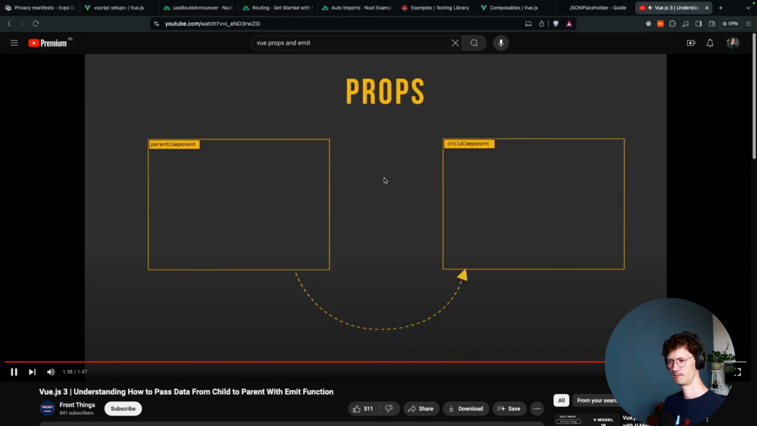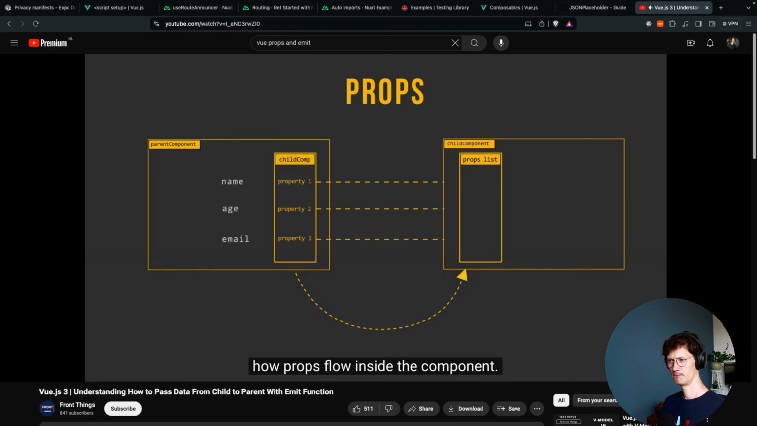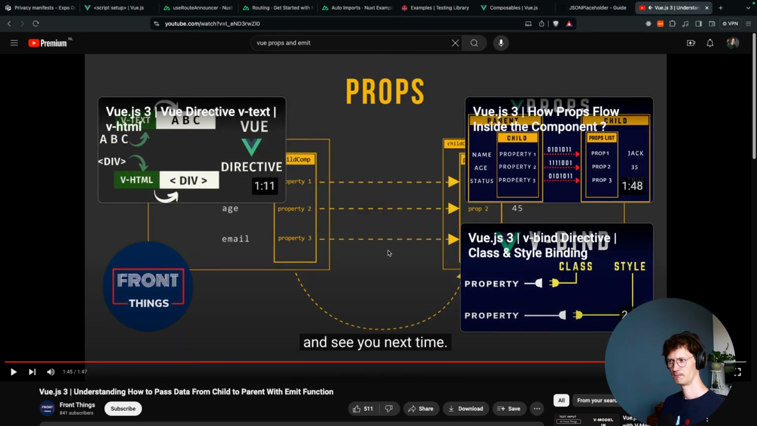Here we use something called props. I made a video about this titled How Props Flow Inside the Component. Make sure to check out